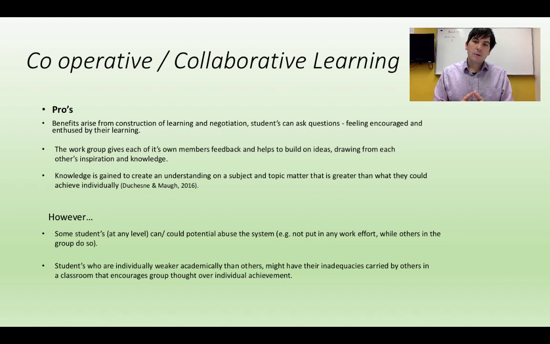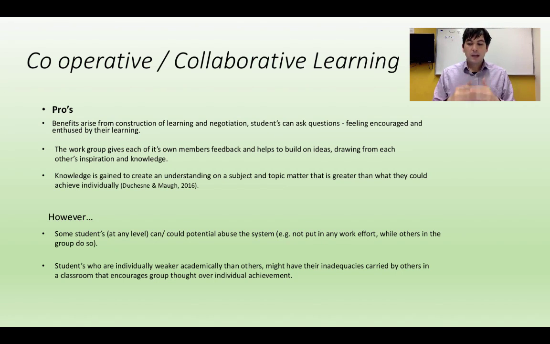Cooperative and collaborative learning. Now, benefits arise from co-construction and negotiation with this principle, such as a group working together, giving feedback to create an understanding that is greater than perhaps what they might have been able to achieve individually. Example, children in a primary school classroom all working on a geography project and then brainstorming ideas onto a whiteboard. Students would be encouraged to share their own ideas and get involved, and this would help form a greater understanding